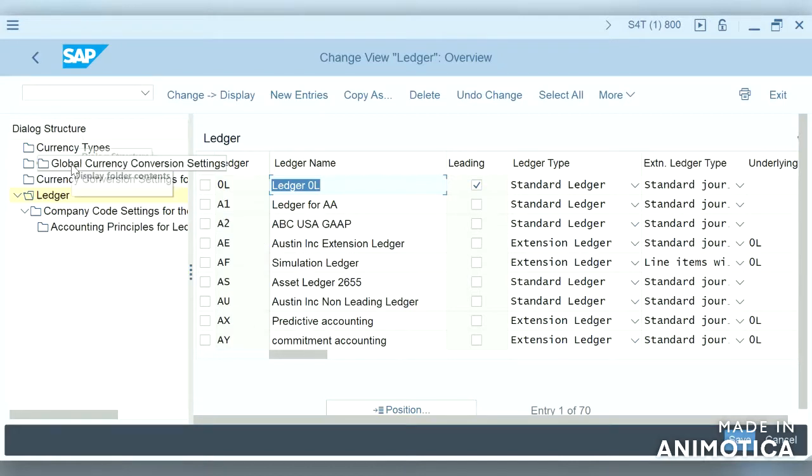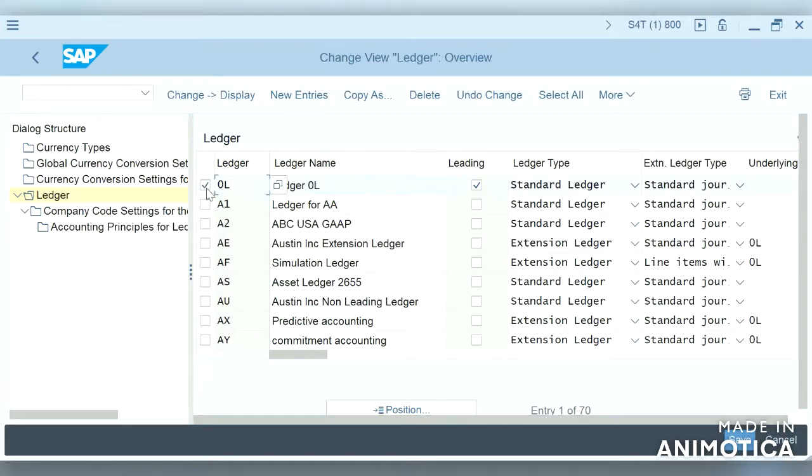In a single node we can see multiple configurations. So company code settings for the ledger: each and every ledger is assigned to a particular company code, and we can have individual configurations for a particular company code.